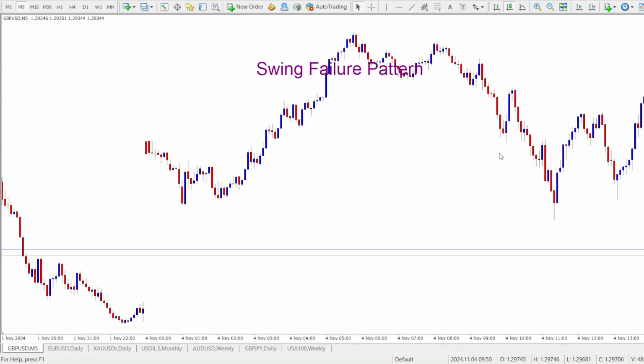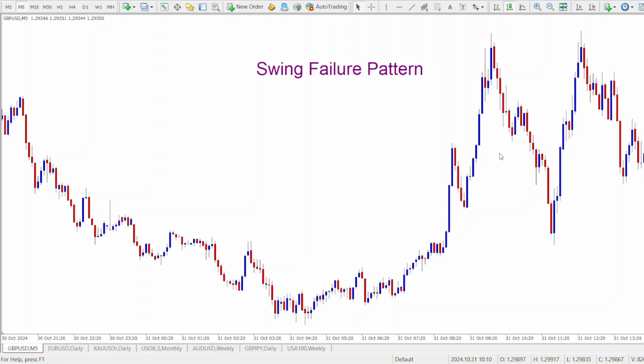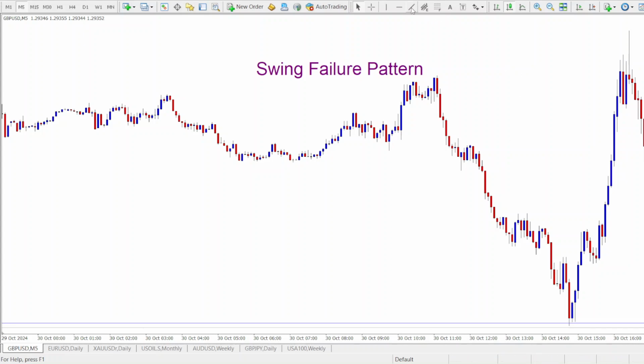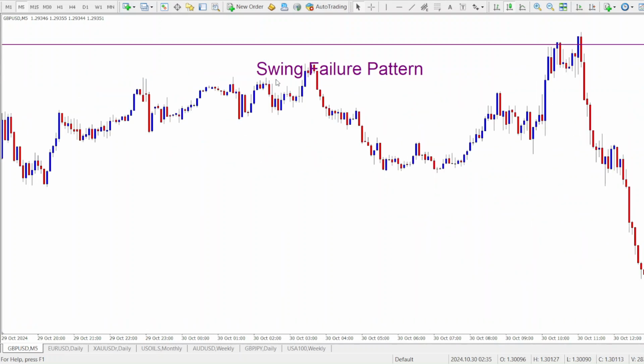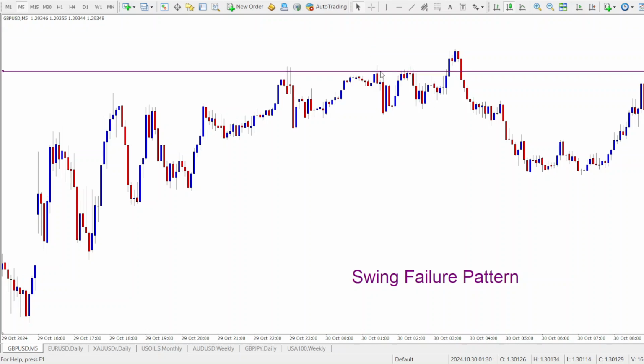Now let us see if we can find such a scenario. All right, I think we have a scenario like that around here. Yeah, this is it. All right, so now we can see that this is a notable resistance. We had 1, 2, 3 rejections, right? And then at this fourth